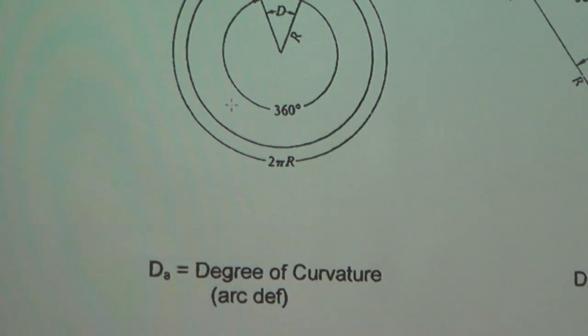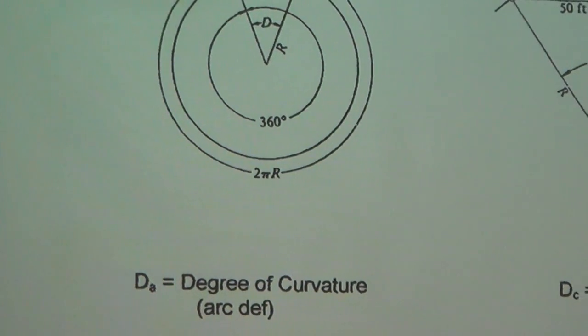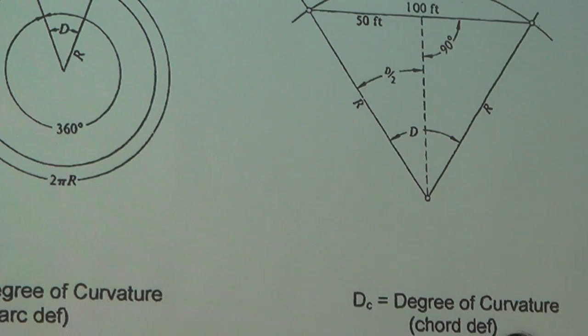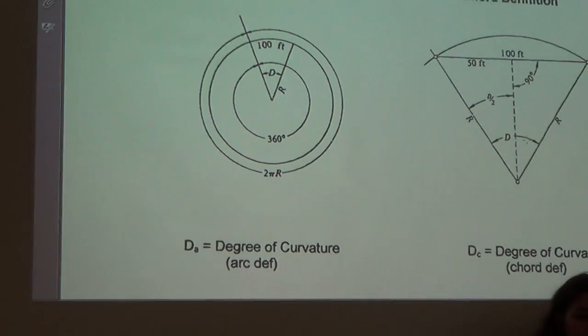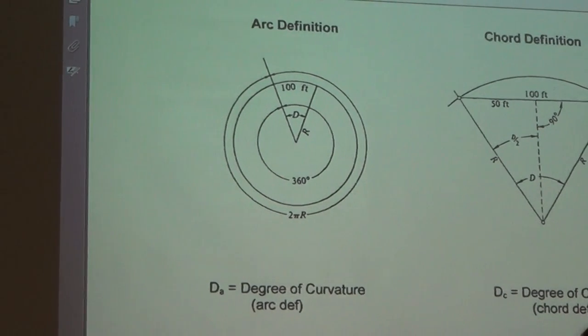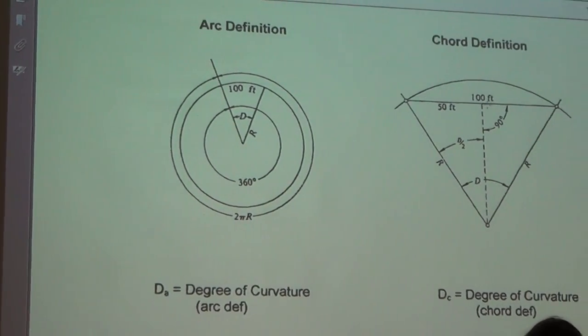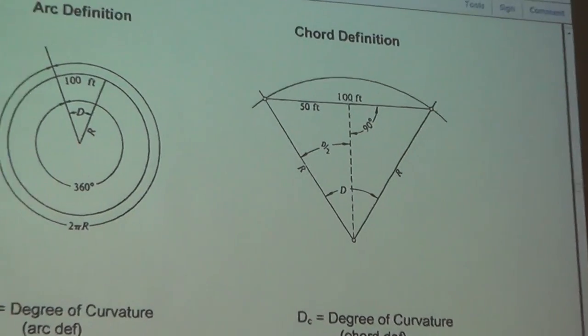Okay, so we just looked at the arc definition. Now let's look at the chord definition. This we've looked at before too. If we have an interior angle of D and we have 100 foot of chord, I could bisect this chord